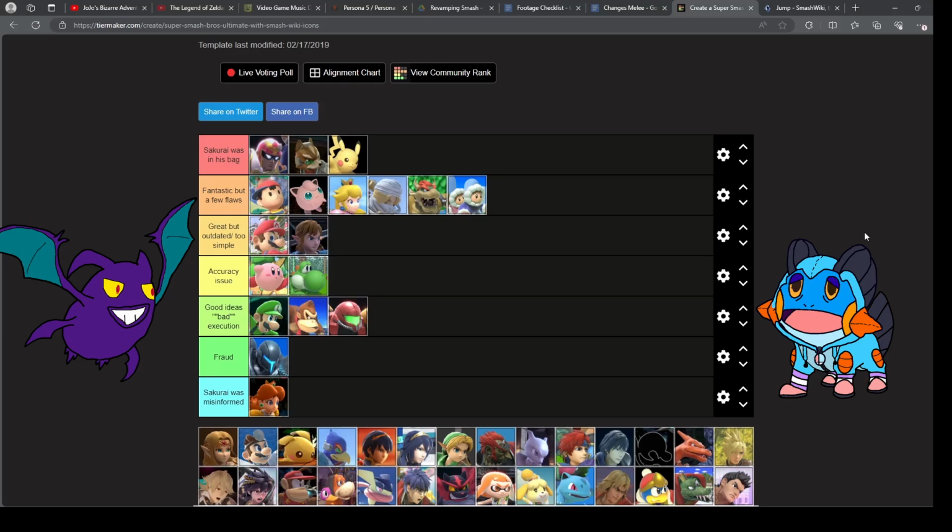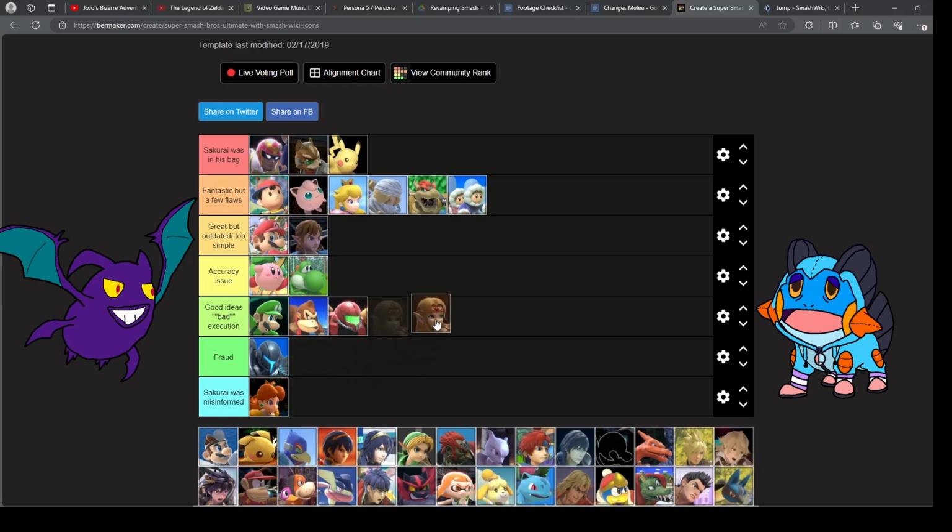I don't know. I don't like her special moves. This is the clear cut most obvious good ideas, bad execution character. 100%, a billion percent. I have more to say about Zelda, but I actually do need to keep moving, so...